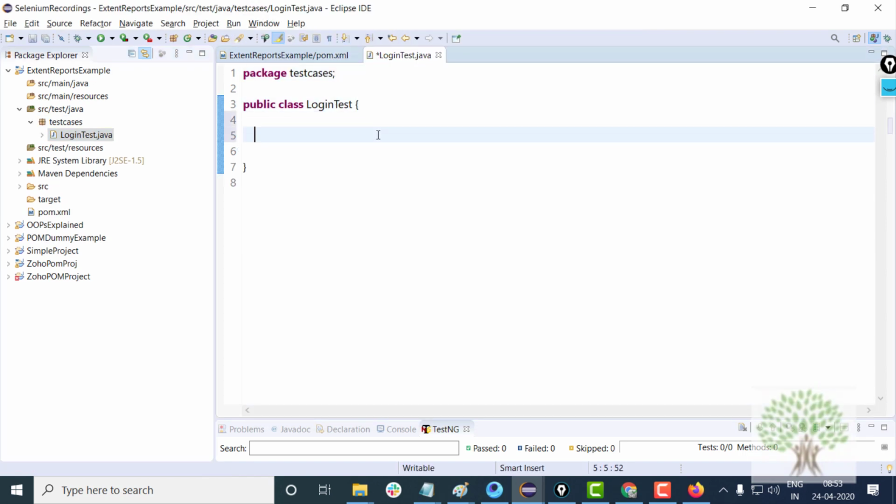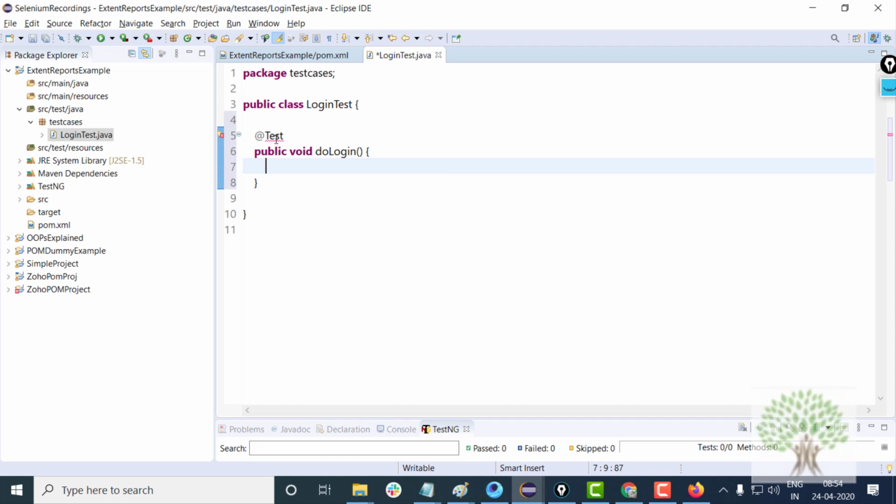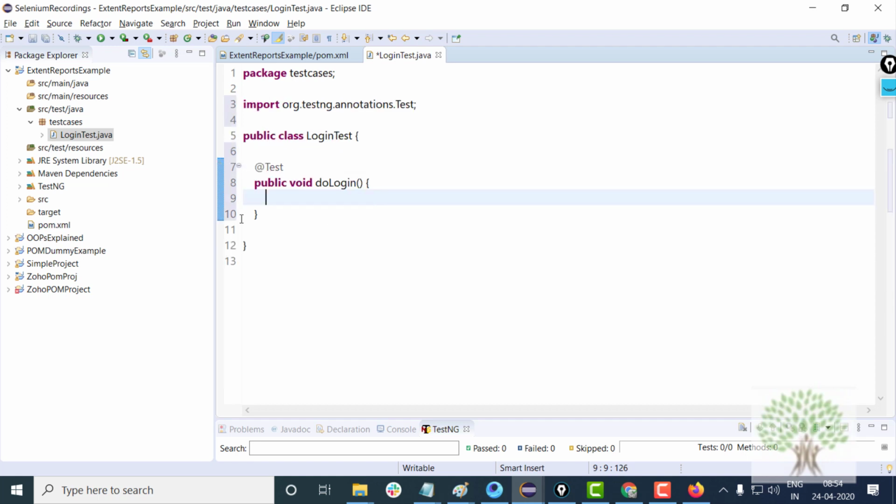Now I'll not write the WebDriver code right now. I'm just interested in building the reports. So public void doLogin is the function, and you add the TestNG library, you import the Test.